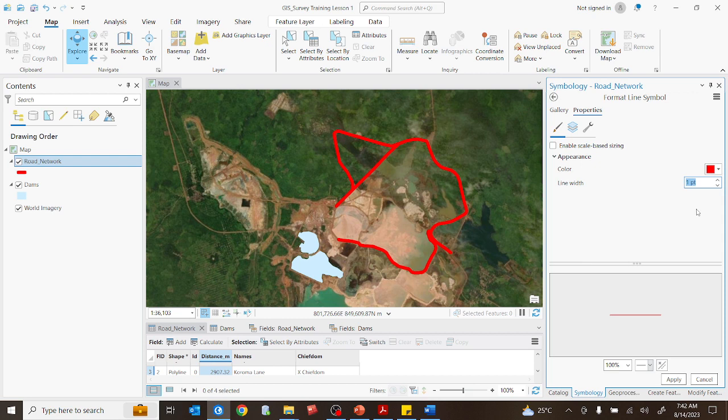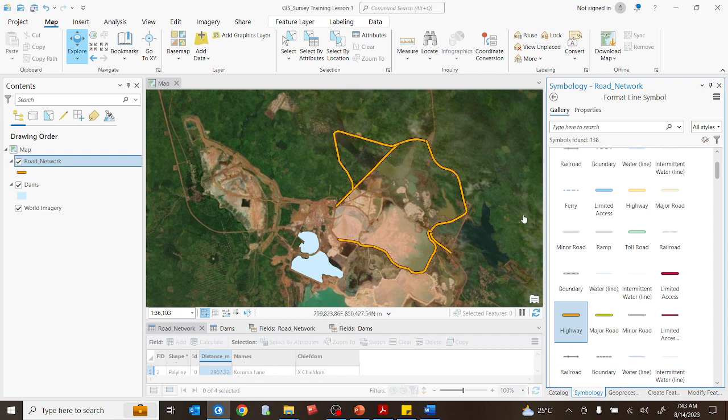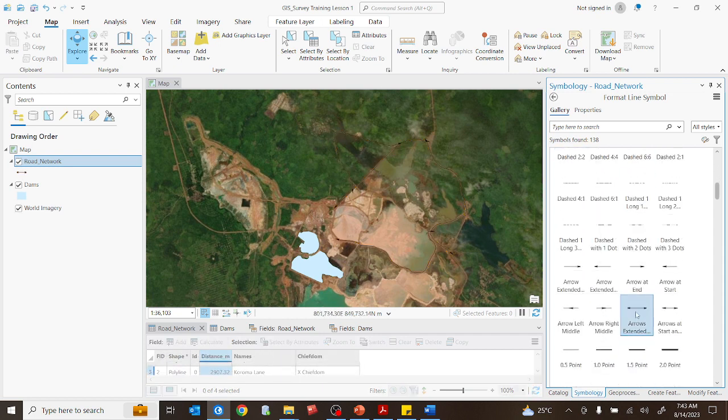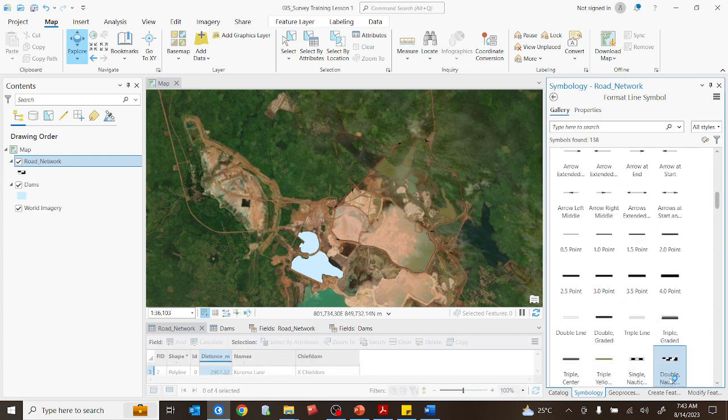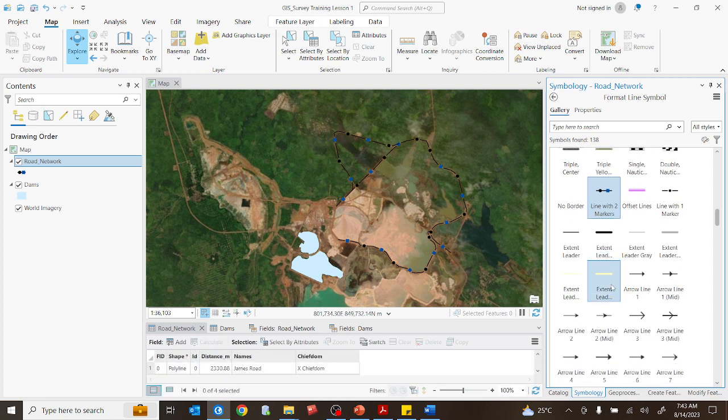Let's bring it to 2. Say apply. Let's go back to gallery. Under gallery, if you want to change this line type to, for example, this, just select this one and you will change it to that. If you want to change it to this one, it will change to that. If you want to change to this, it will be changed to that. So you have different